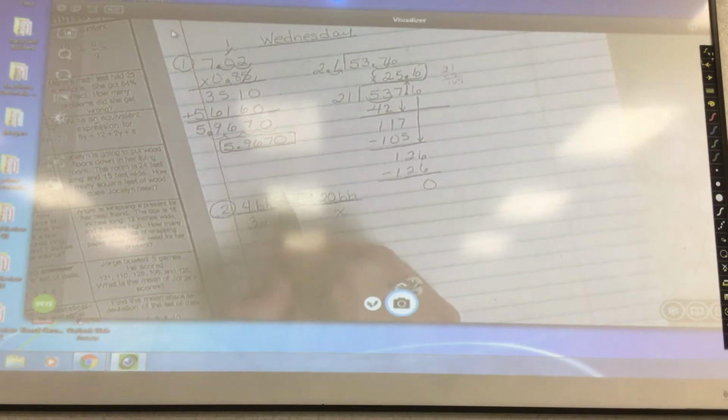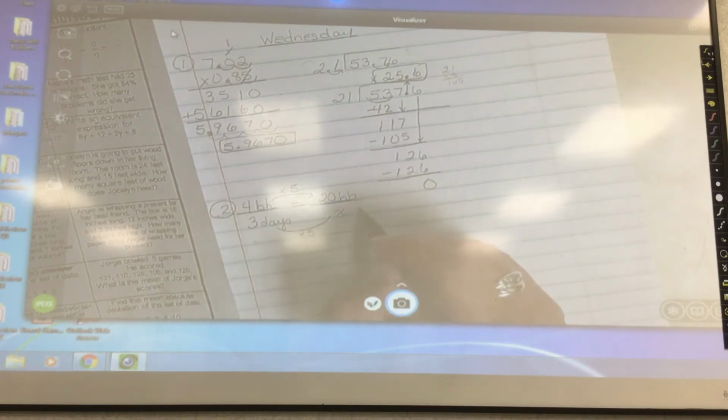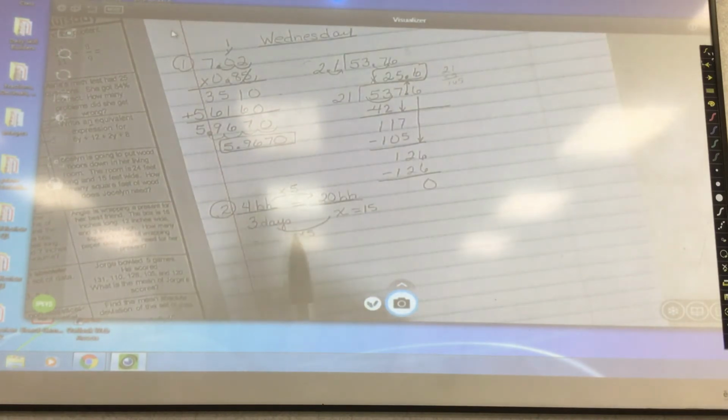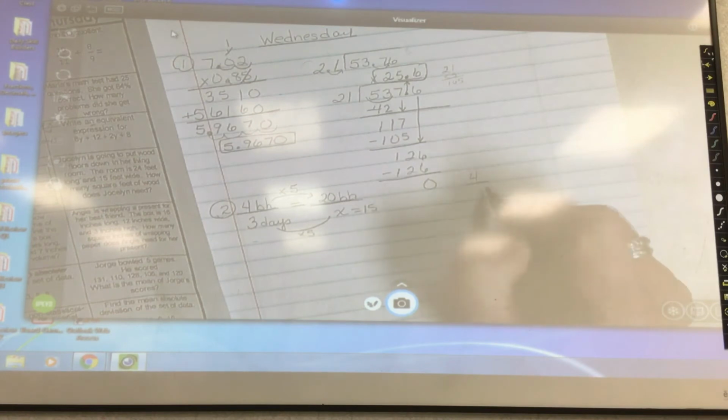Times 5. So when you do equivalent fractions, you have to do the same on the bottom. So I do times 5. So what's 3 times 5? So x equals 15. Another way to do this that will always work, because sometimes with equivalent fractions you're going to find out it's not going to be an easy number that you're multiplying by a whole number. In this case, it does. But you'll make your equivalent fraction,